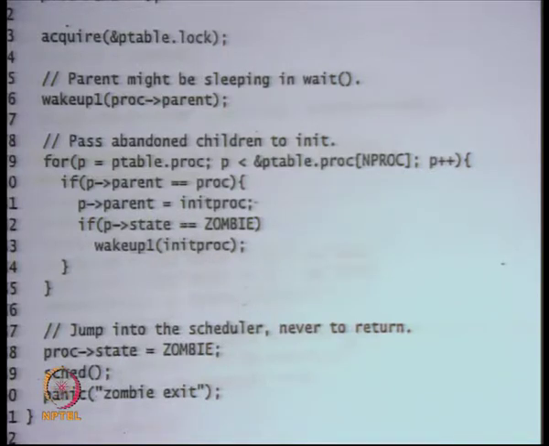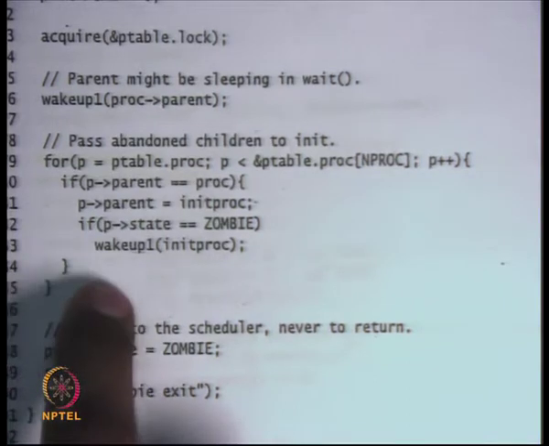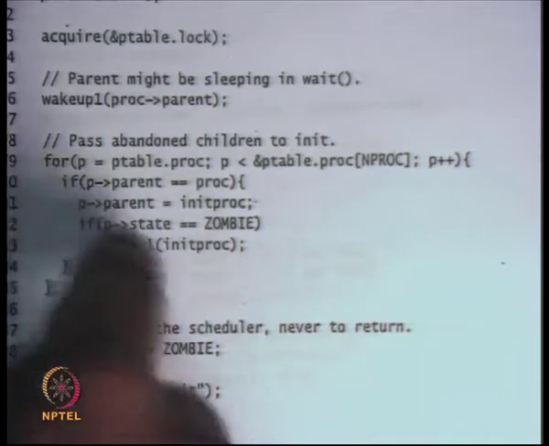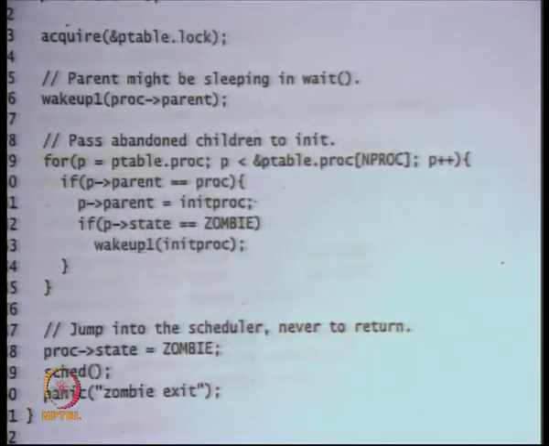Okay. Why can't I just deallocate my page table here? Because I'm standing on that page table, right? That's the page table that's currently loaded. This exit function is being called in the context of the process that's currently running, so I can't deallocate the page table because it is the one loaded into the hardware right now.